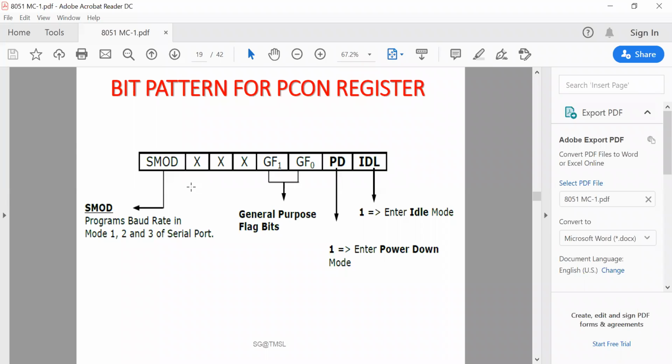In serial mode operation, the baud rates can be set in mode 1, mode 2 or mode 3, because for serial communication you need the baud rate, how many bits will be transmitted per second. You need to control it by selecting different baud rates.